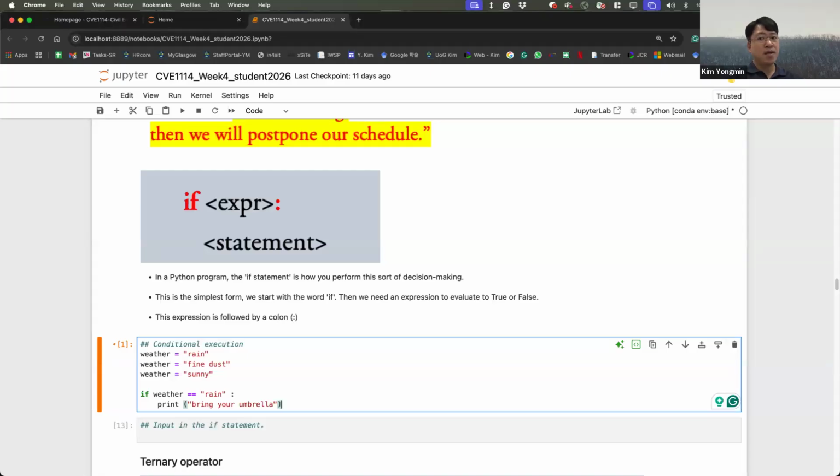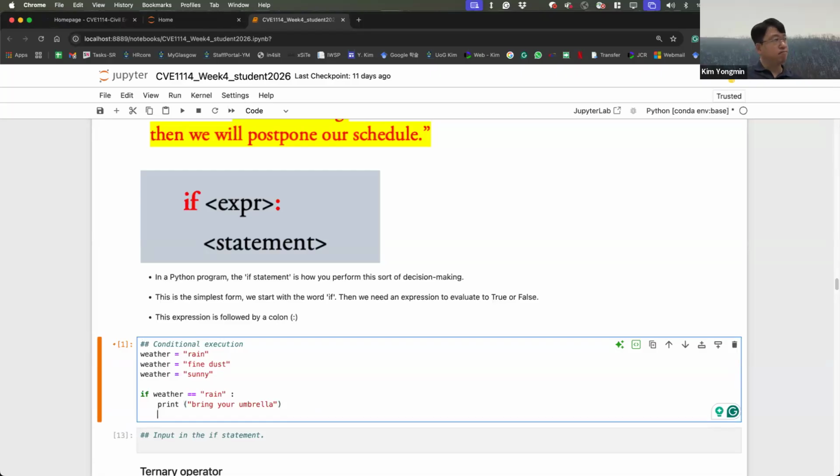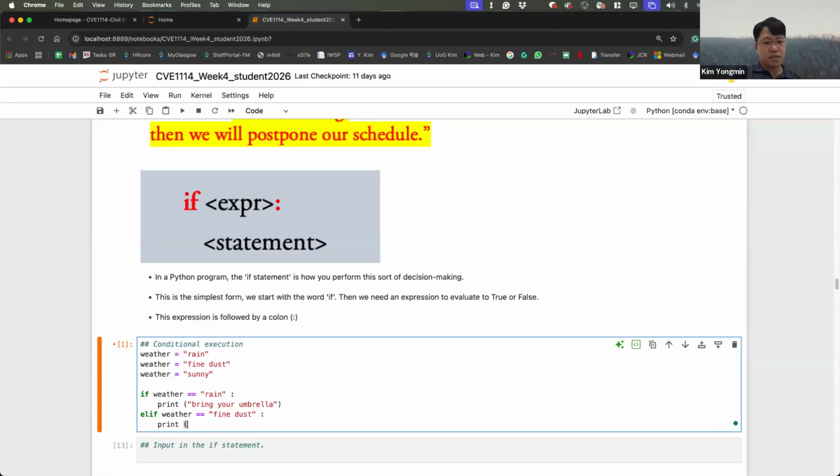This can be done using another keyword: else if. If the weather is fine dust, then print, bring a mask.